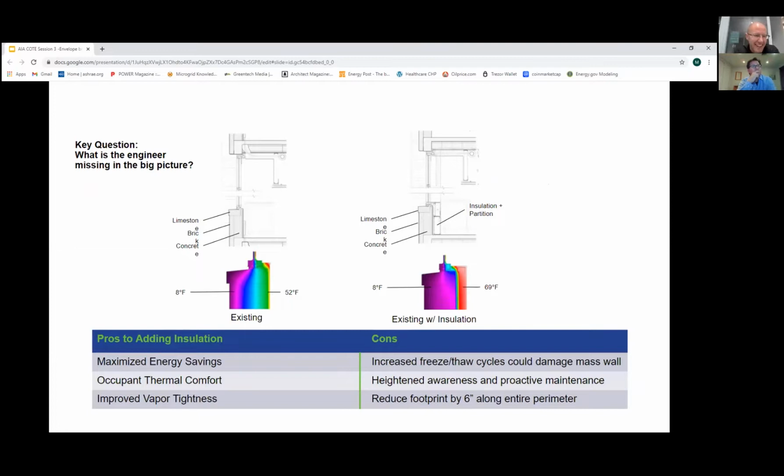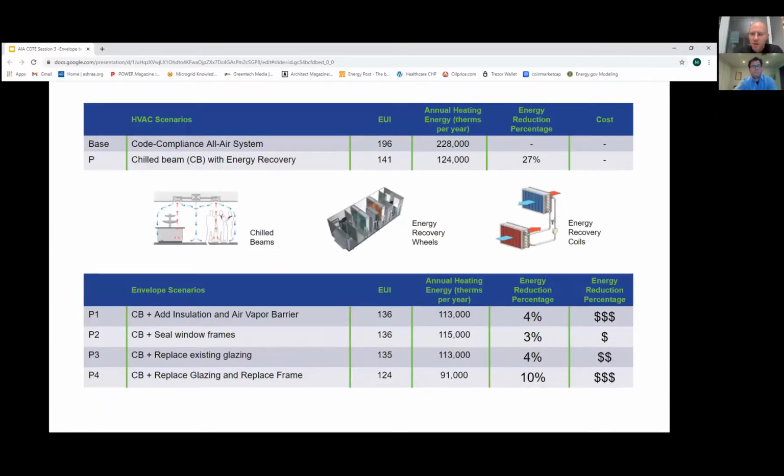But the architectural team did the condensation analysis, and what they really found was, with the 100-year-old facade, if you add insulation and a vapor barrier, you're increasing the freeze-thaw cycle inside of a wall by 10 times. So you have potential to damage the wall by installing insulation and the vapor barrier. So we really had to come up with an ideal solution on how to handle this building while saving energy. So I'll try to get through this pretty